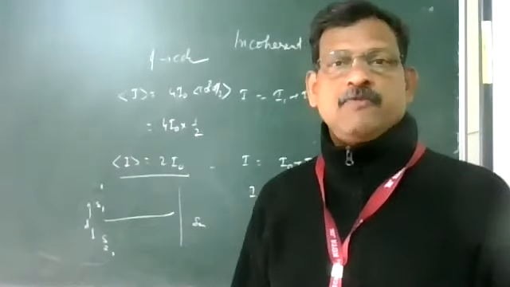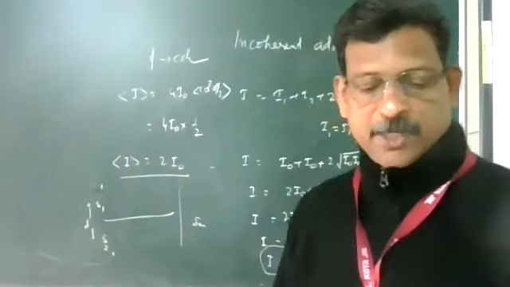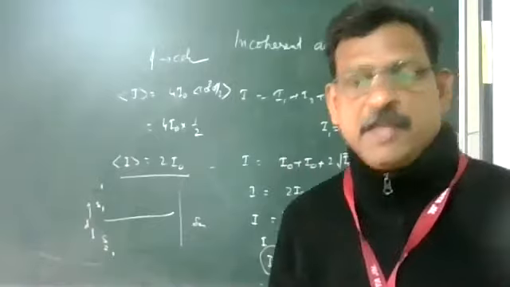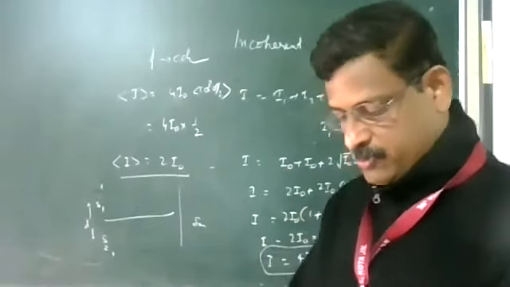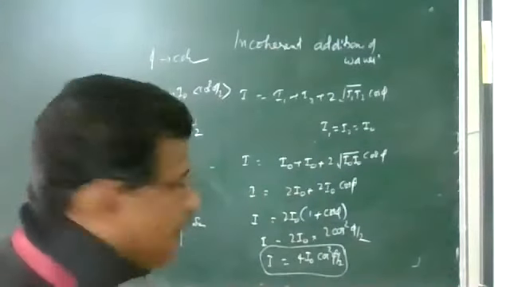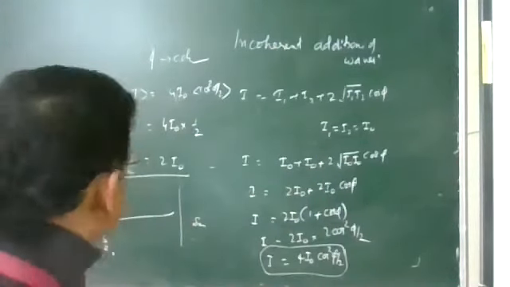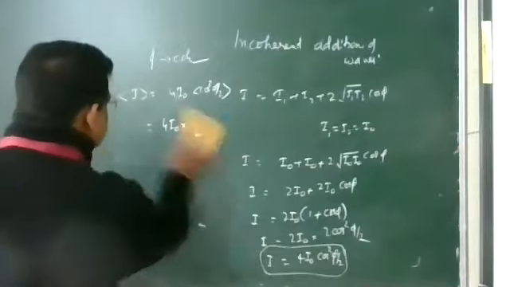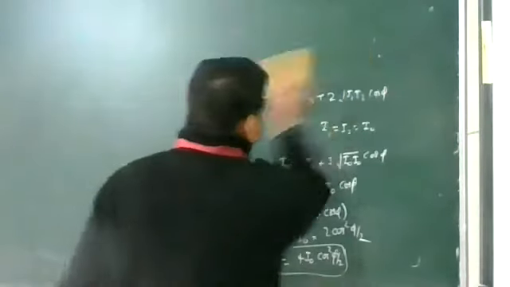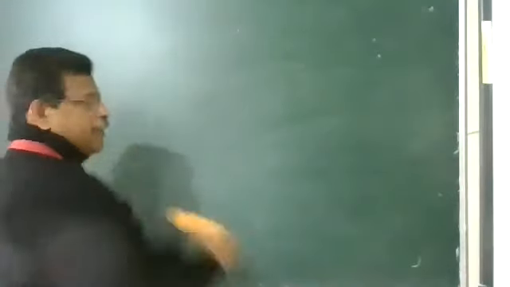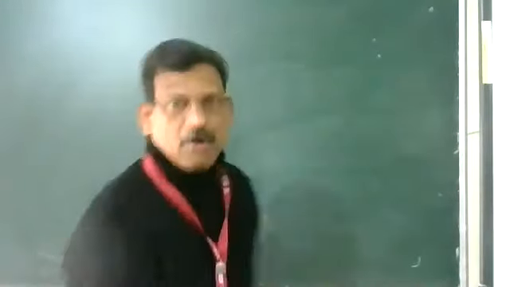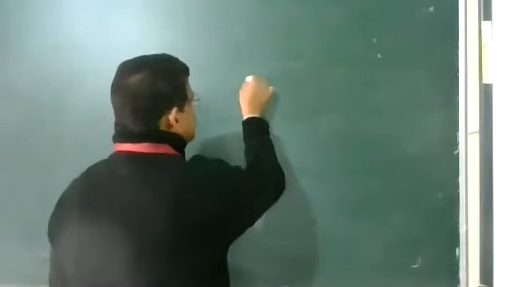Next point, we'll find out the angular separation or angular width in interference. Again, this is an important point for your numericals. The angular width or angular separation for any maximum or minimum: what angle do you observe? Find the first maximum or second maximum. How to find it?